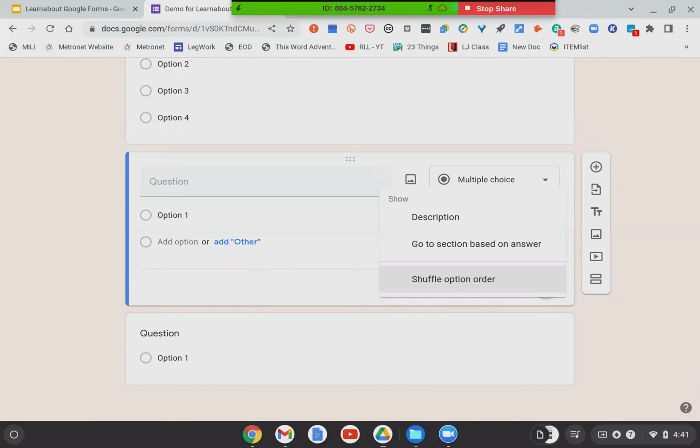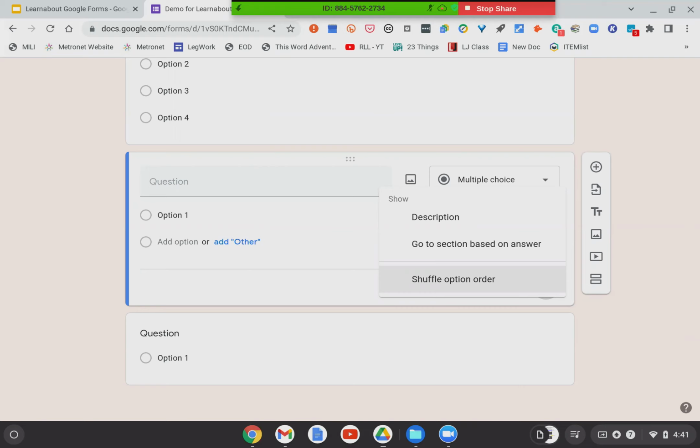So maybe that's a regional thing. I'm not sure. But either one of those, if you've heard of them, is when you're answering questions that only pertain to you. So if you've ever seen a question in a survey or a form that says, do you do this? Yes or no? And then it says, if no, skip to question 5.